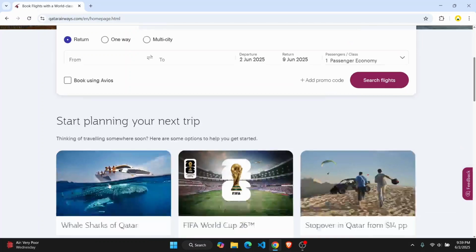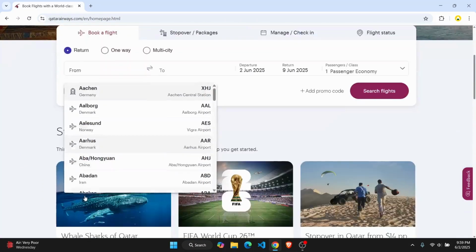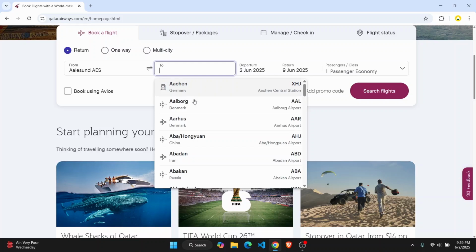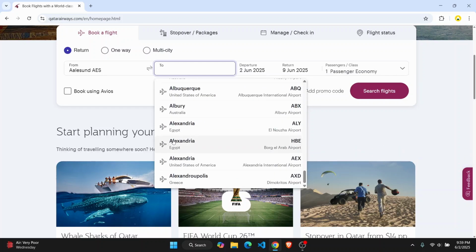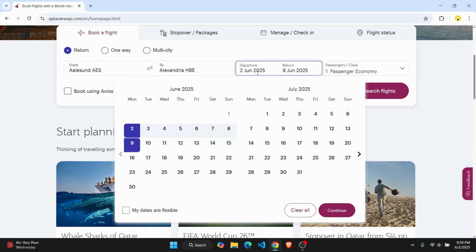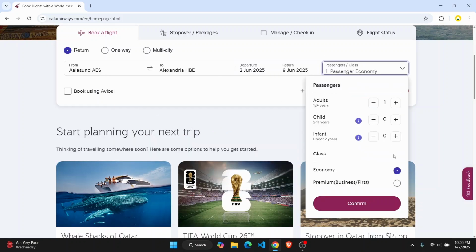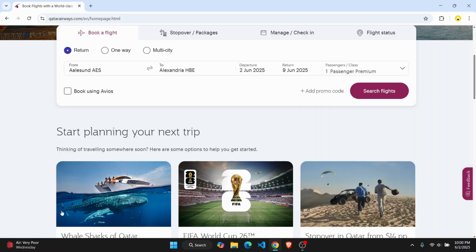Let's just select a return flight. Select from, let's say, Norway to, let's just select this place right here for this respective date. Now click on continue. And just for a little fun, let's just book a premium flight. Then select the number of passengers and click on confirm. Now click on search flights